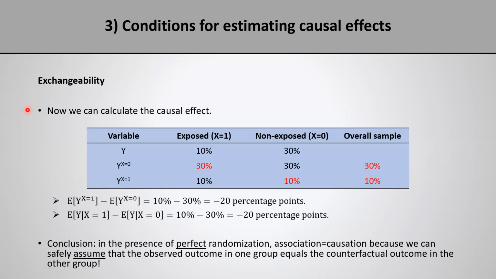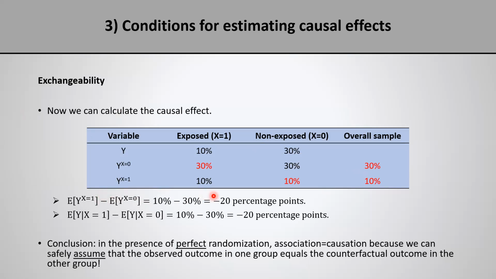But note that now we have all the information we need to calculate the average causal effect, because we have the expected value of the outcome had the entire sample been unexposed, and the expected value of the outcome had the entire sample been exposed. So we can just plug them in the formula for the average causal effect, and you're going to get minus